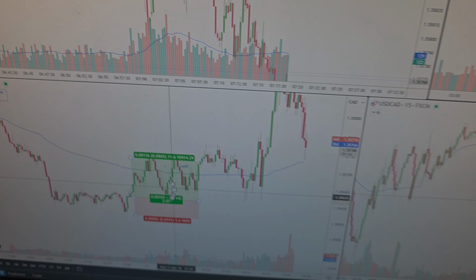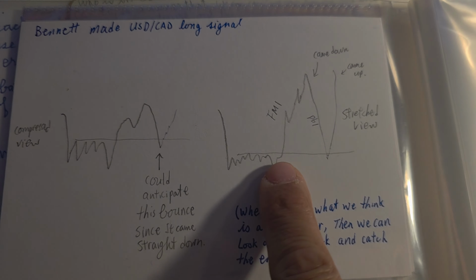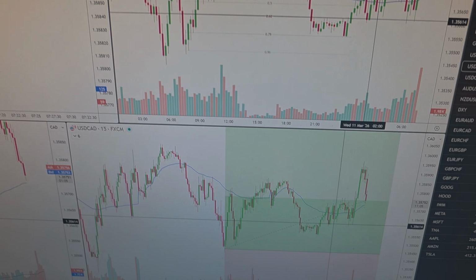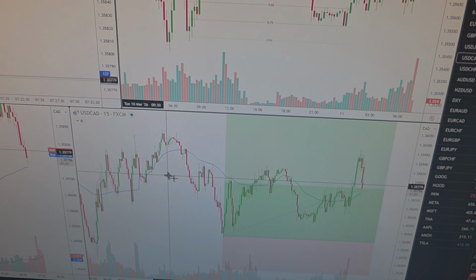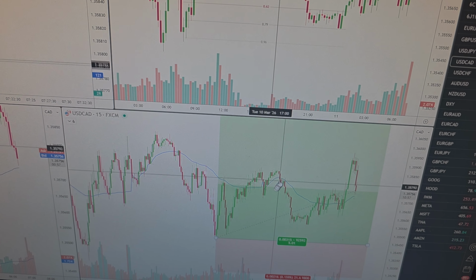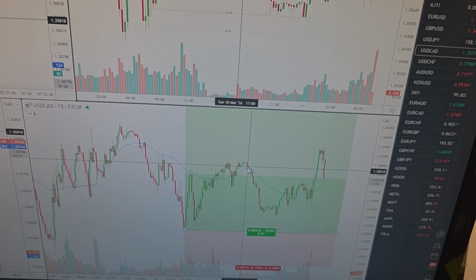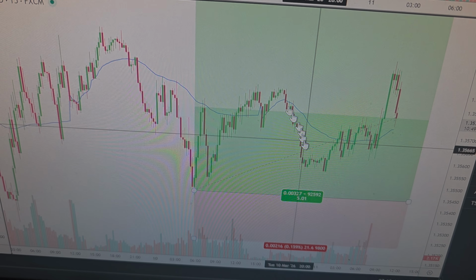So that's what this is right there, and that's what this is right here, this pullback. So if you have a bias and then you find the first mover that ends the downtrend, and a second mover and a pullback, even if it looks like this, see, this is